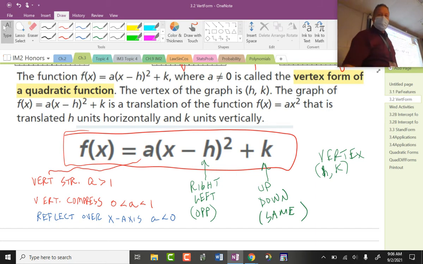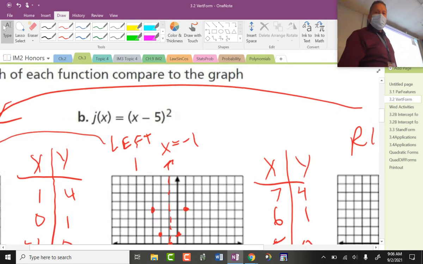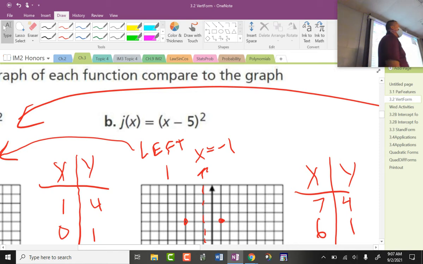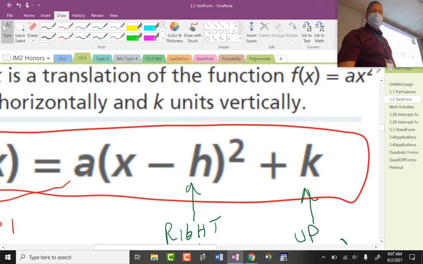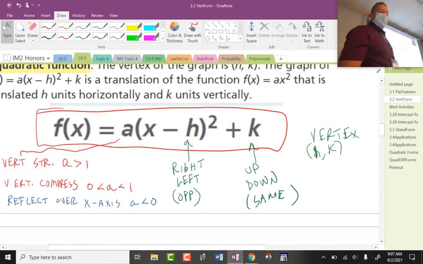Let's take a for instance. What is minus 5? What's a negative 5? Which way is that on the x-axis, right or left? Left. But what did it actually do? It actually went, sorry, it's over here. What did it actually do? It went right. And really it's because what do you plug in for x to make the 0? 5. So it's actually positive 5. It's 5 right. So I told that student, whenever you see a function like this, you got to think opposite